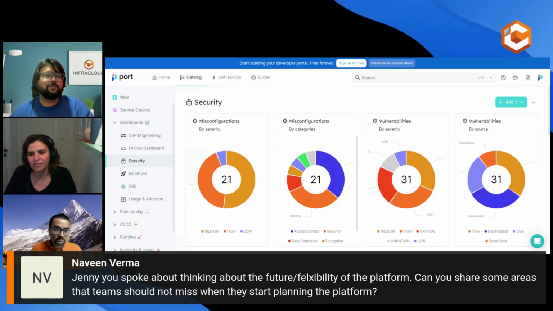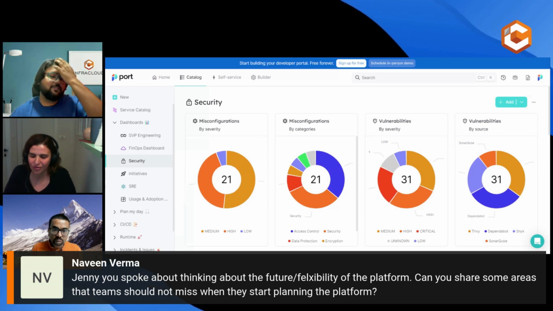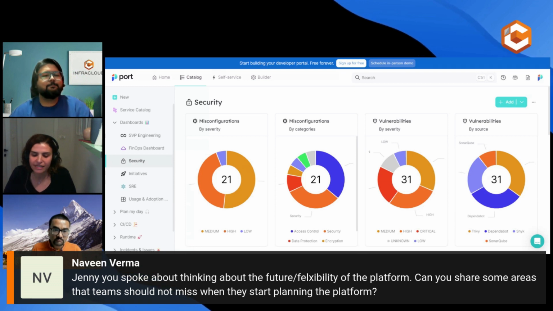Yeah. So first of all, as I said before, you never know what you don't know, right? What you really need to consider when you want to build your platform is first that you're having an open data model, so that you can model everything. You can own the data model. You can add properties to the data model. You can add entities to the data model. Name them as you want.